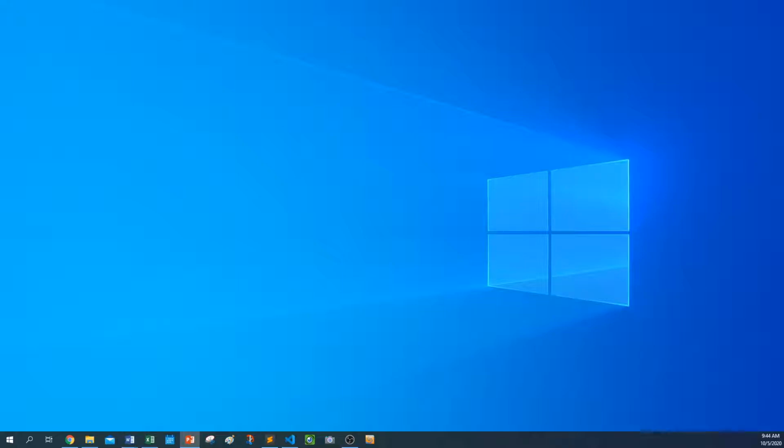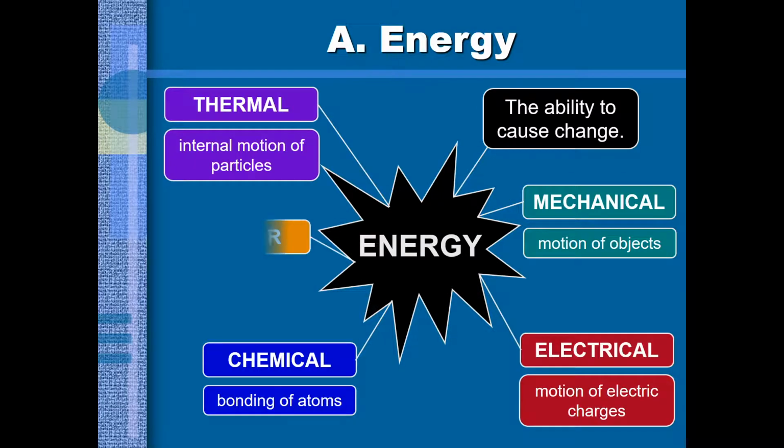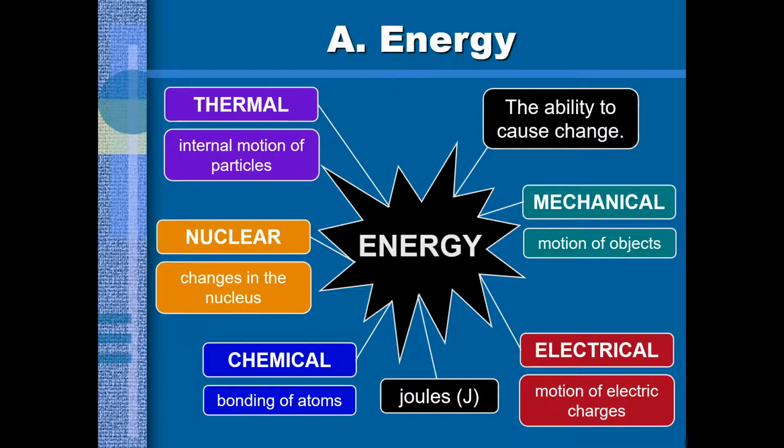So what's the difference between temperature and thermal energy? What is thermal energy? So thermal energy is the total energy due to all the internal motion. Thermal is due to the random internal motion of the particles and their configuration. So thermal refers to the total energy. Temperature is the average energy.